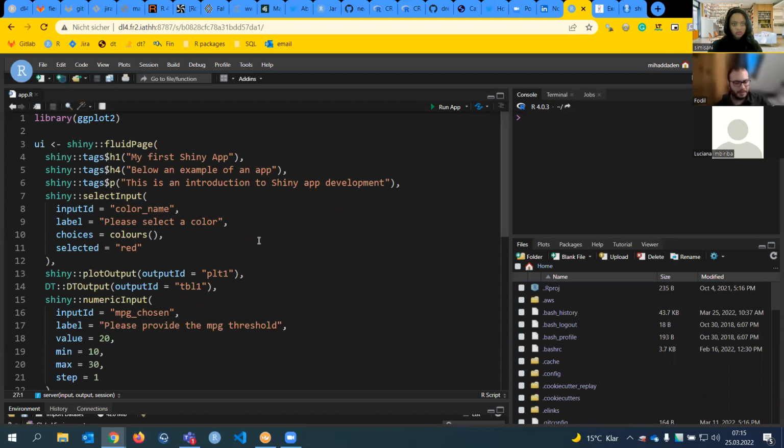A website, you can have it static, you just see stuff, it doesn't move. You can click here, it goes to a redirection. But if you ask it to run a linear model and give you back the result according to, for example, a CSV file that you have loaded, it won't be able to do it. In Shiny, it is possible.